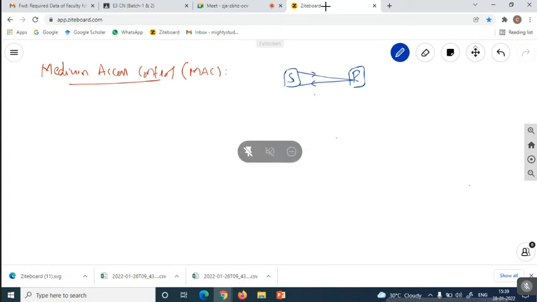We have data transfer between two nodes, that is, between two stations only, sending the frame and getting the acknowledgement there. As a first approach, we have discussed the stop and wait protocol and the sliding window protocol for the successful and reliable transmission of each and every frame there. And it is one type of scenario in a networking environment.